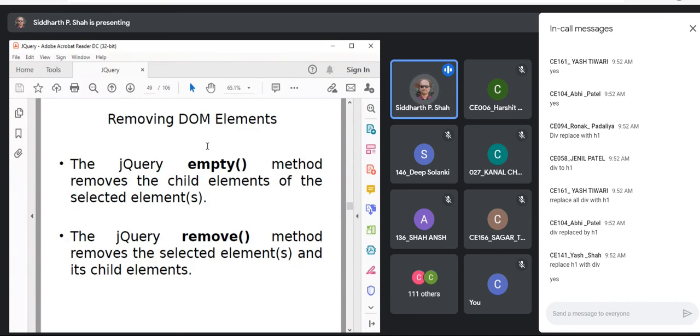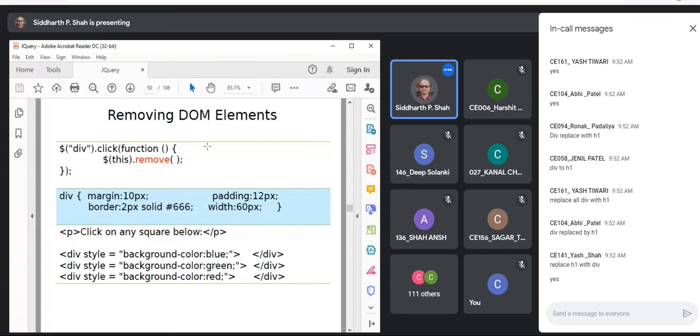The jQuery remove method removes the selected elements and its child elements. This is one example of remove. Now tell me what will be removed here. Which division?